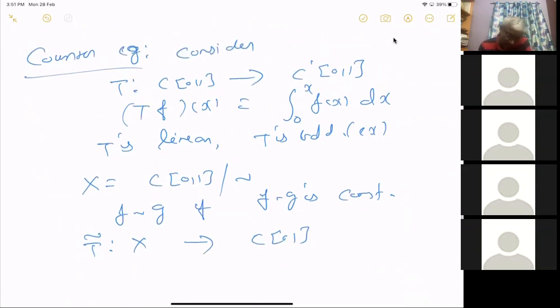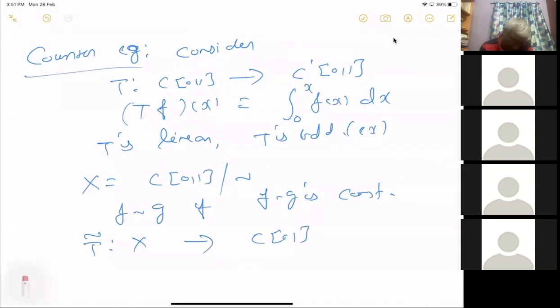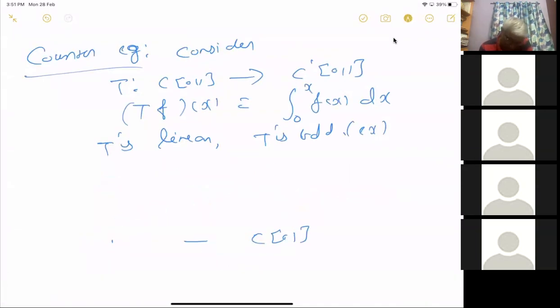Maybe this is not needed. I basically want to show that T is not bounded below. This function is not one-to-one, but up to a constant, the inverse of this map T is the differentiation, right? And that is not bounded. So T is not bounded below. That's what I want to say.